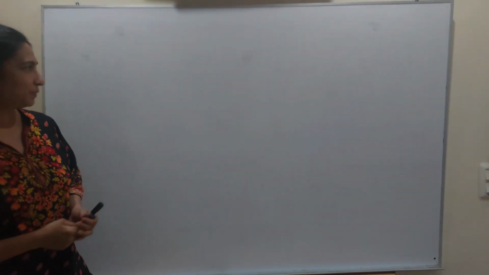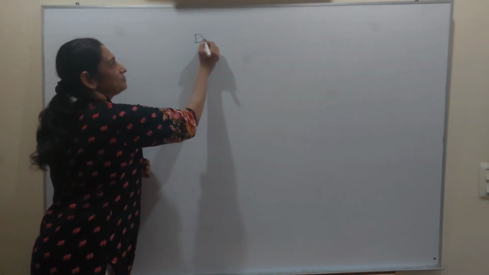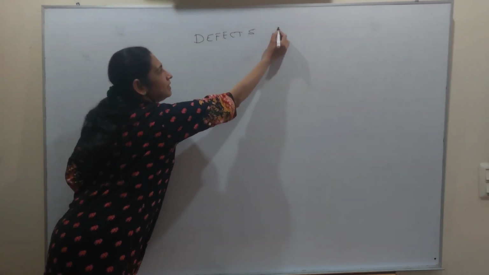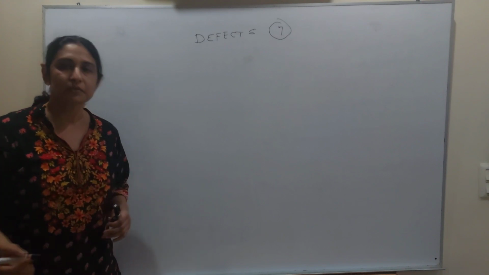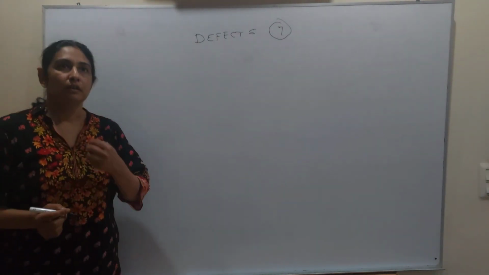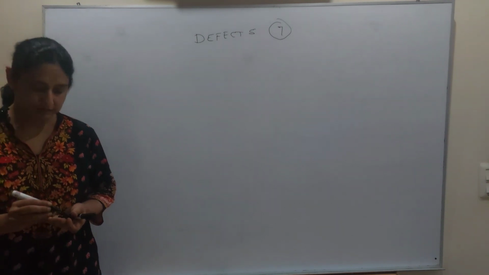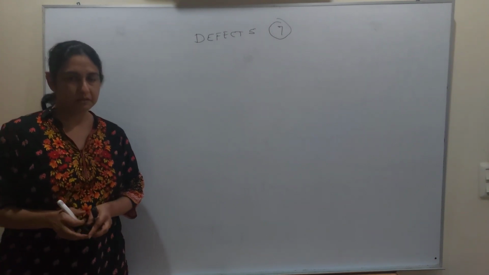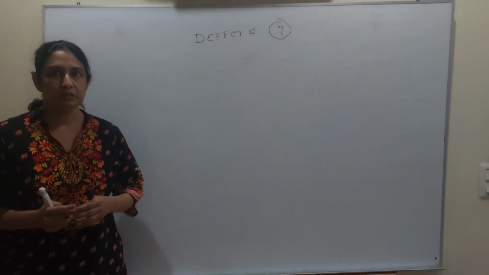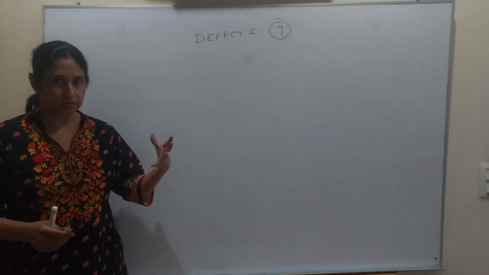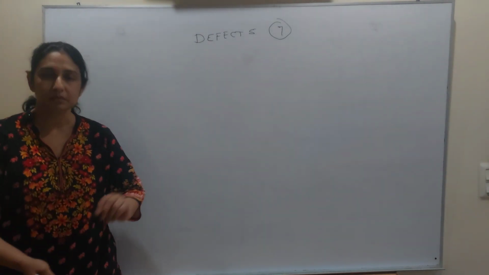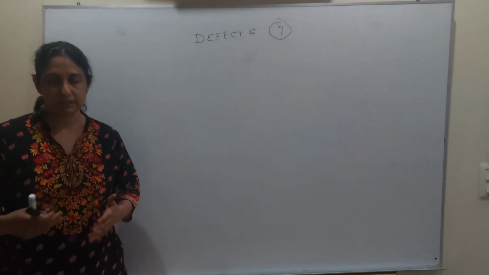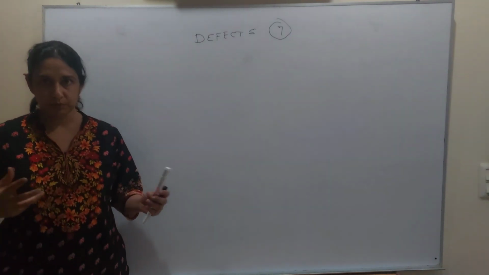So for today we're starting with the defects of eye, episode 7. Today we'll be doing some numericals. I was told that sometimes the explanation that I do is too long and not required. So today let's experiment. First I'll stick to very short analysis of how to do the numericals, and then later on for some I will try to explain how and why we are doing these things.